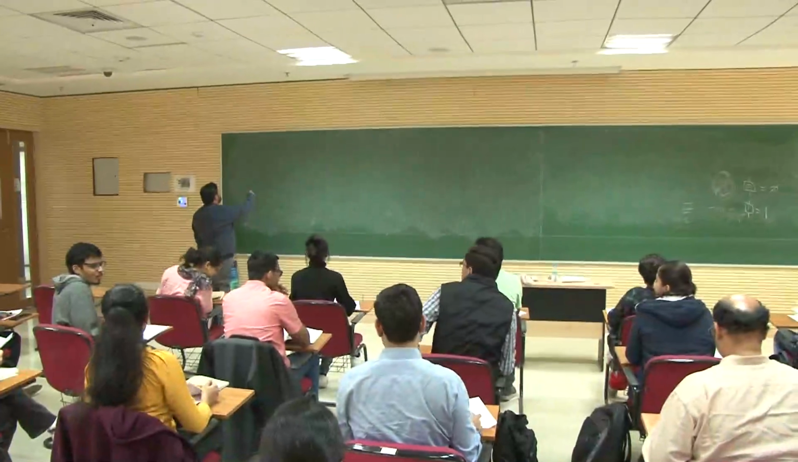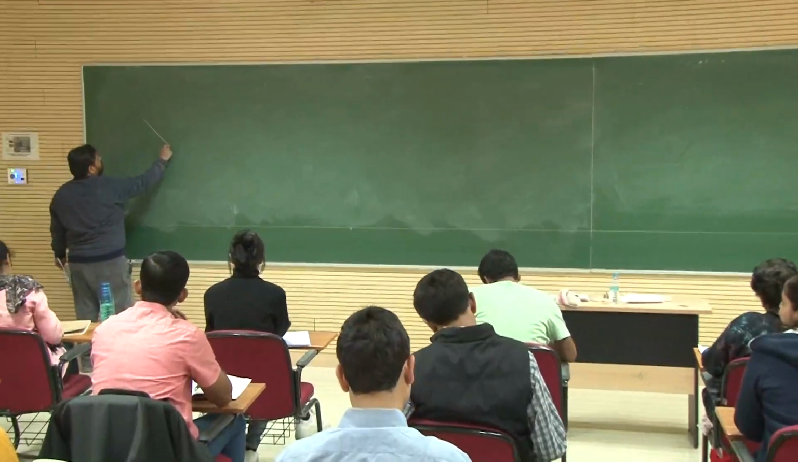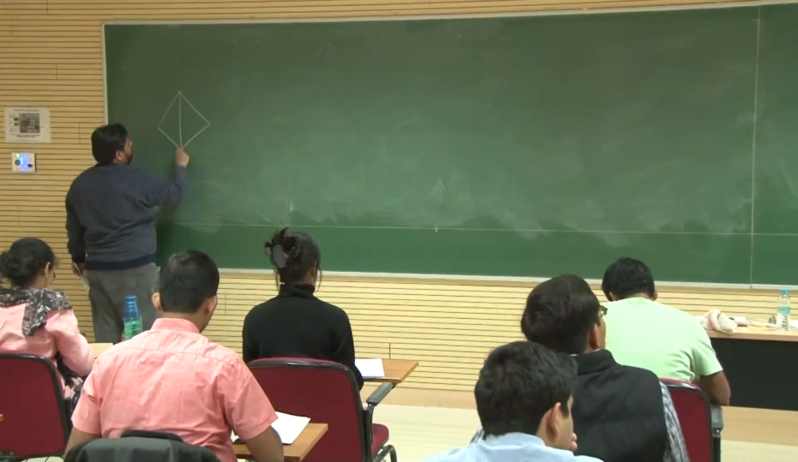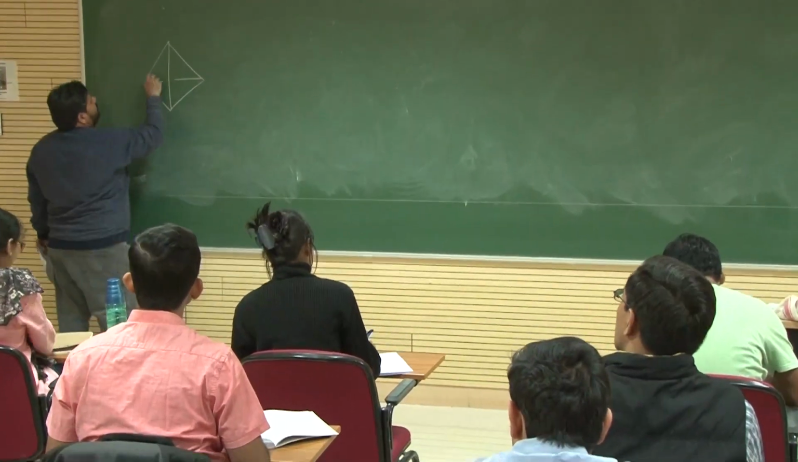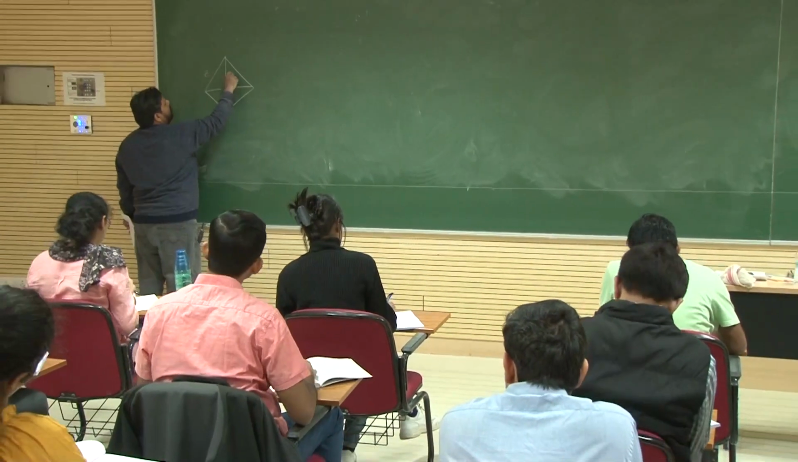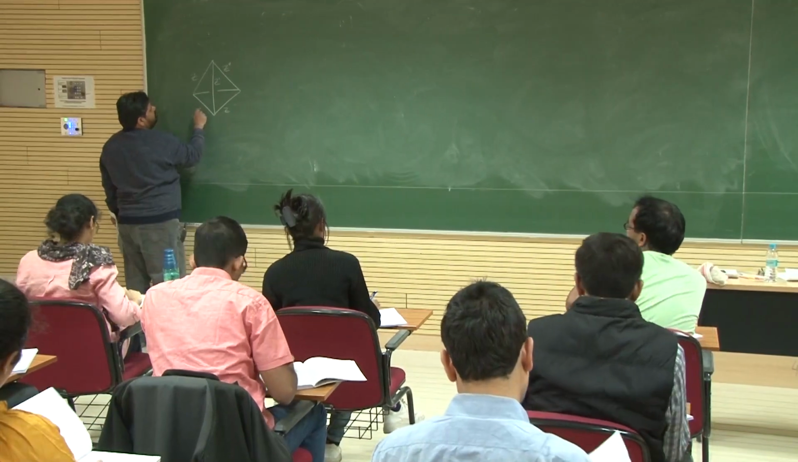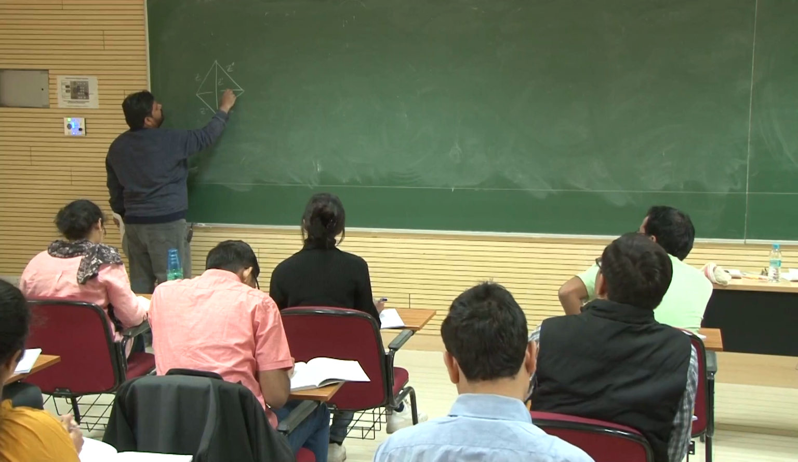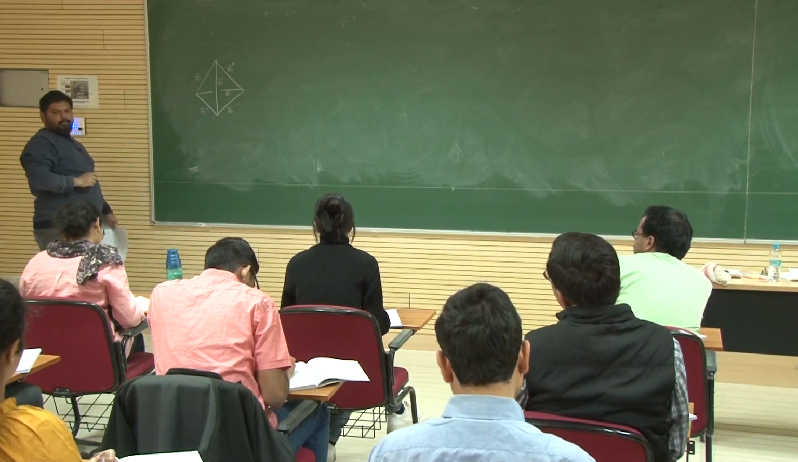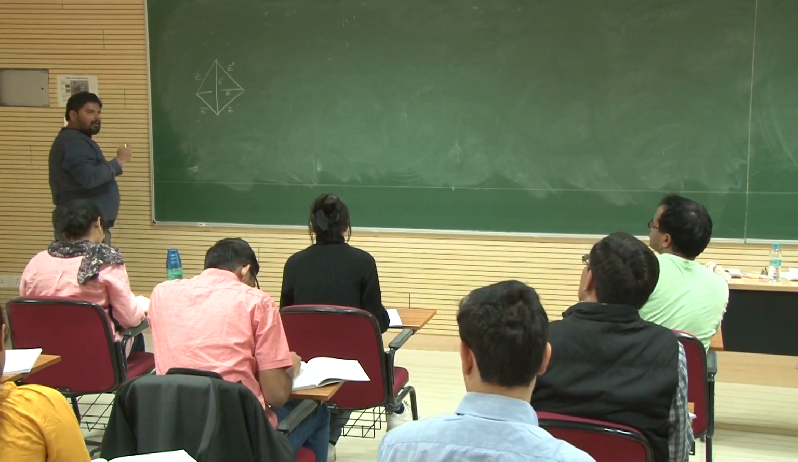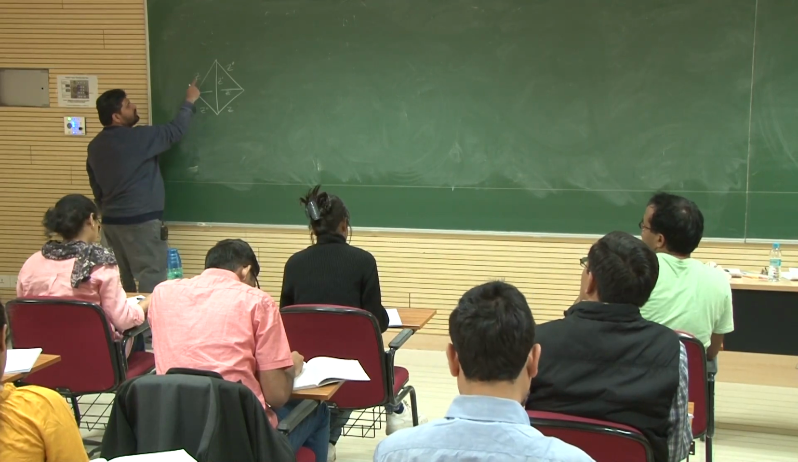So we stopped at this picture yesterday. So this is what an ideal tetrahedron looks like, with a parameter which is a complex number associated to every